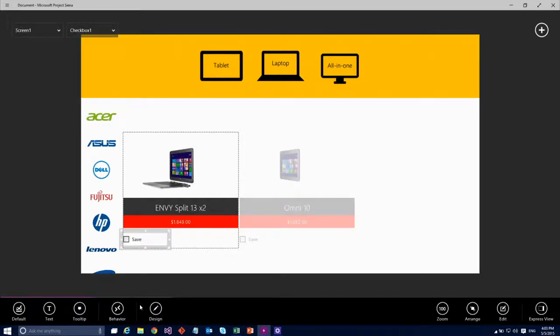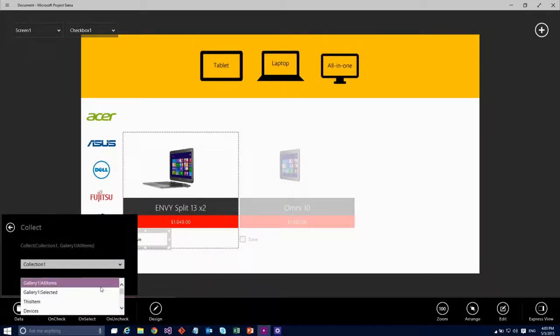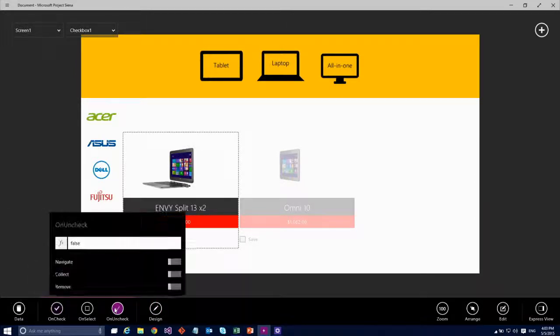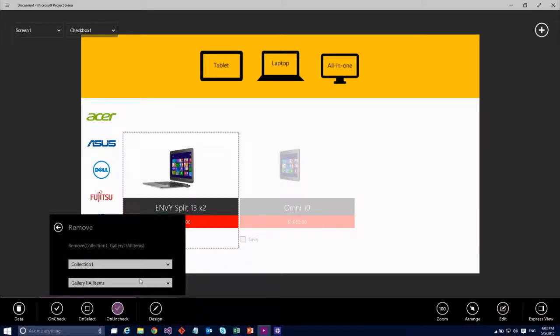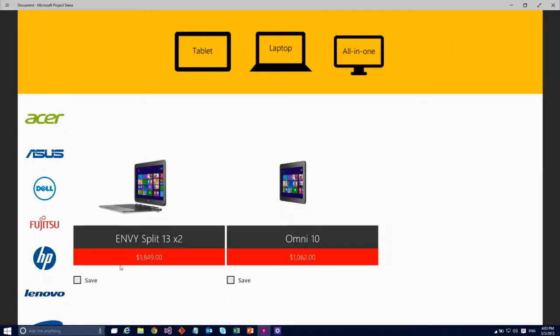So I'm going to go in that checkbox. I'm going to add a behavior to it where I can say on check of the checkbox, collect this item into a temporary collection. And then similarly on uncheck, I want to remove in that same collection this item. And so now, again, if I just jump into preview mode, I don't have to keep jumping into preview mode, by the way.